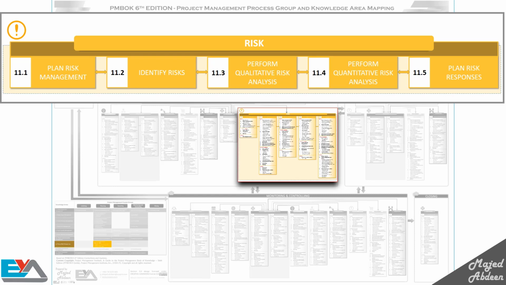Let's use an example to understand the difference between these 2 processes more. Going back to our website project, you need to purchase a tool for it. And you have 2 choices: purchase from company A, which is cheaper but has very bad customer service, or purchase from company B, which is more expensive but has excellent customer service.